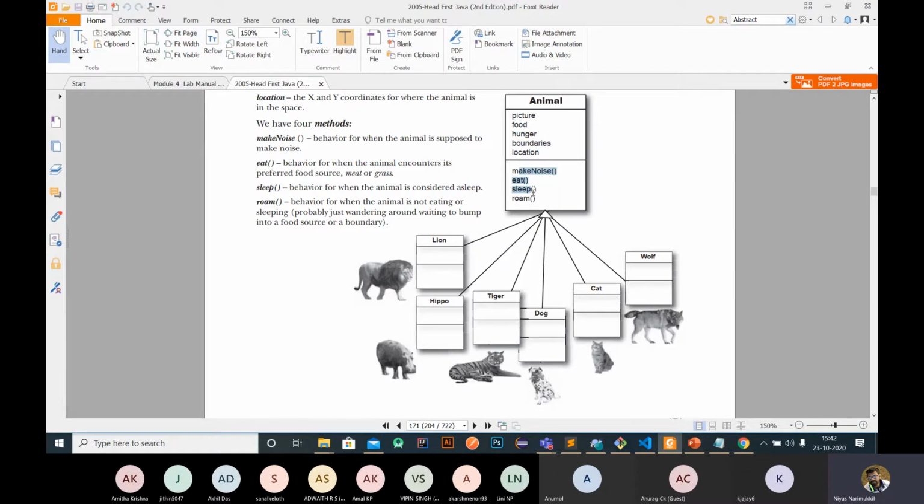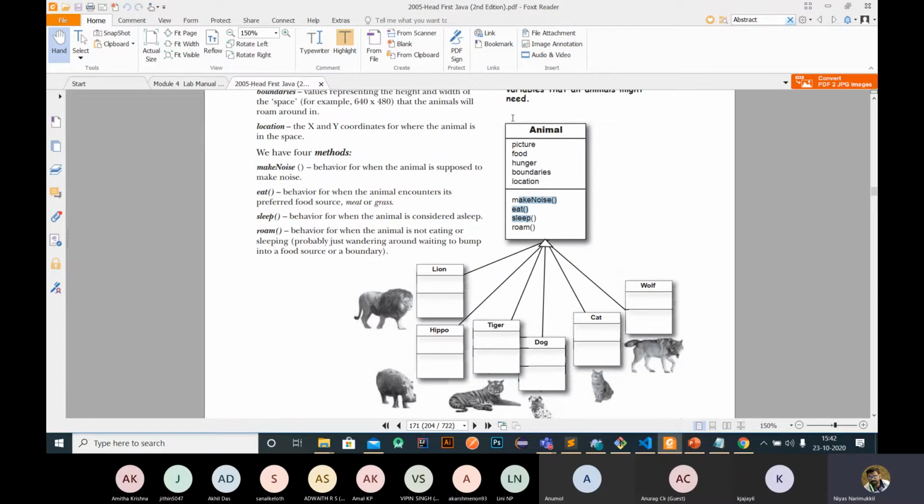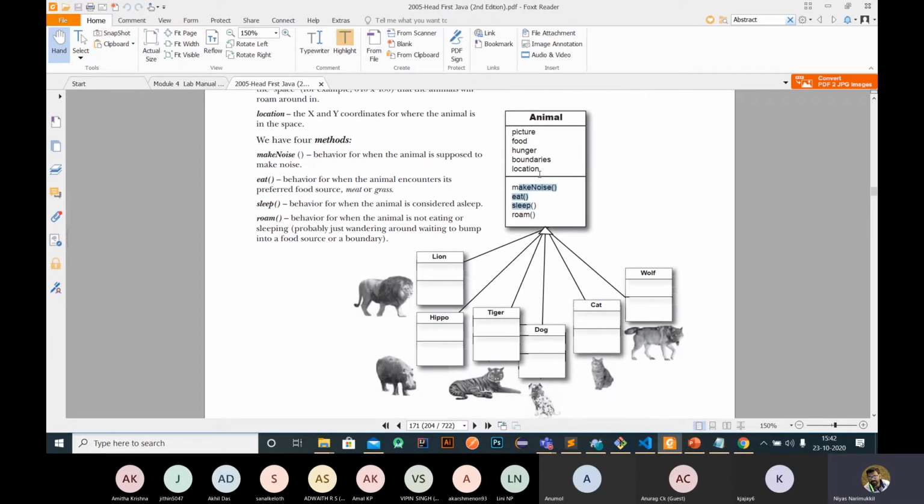Functions, variables, data, right? Variables are the basic values needed to represent data or represent an object. So these values are called variables. Functions mean some behavior.